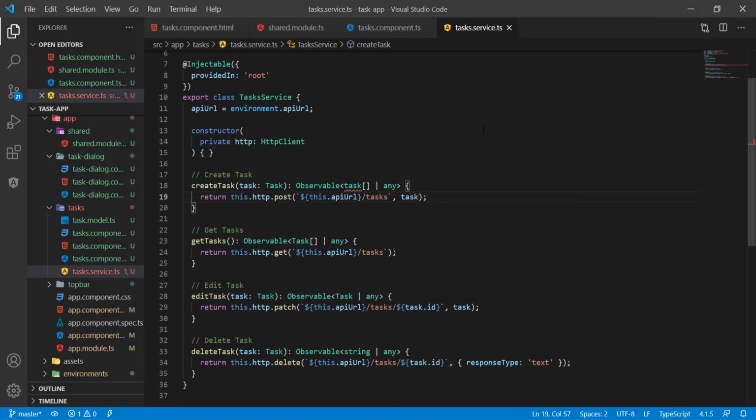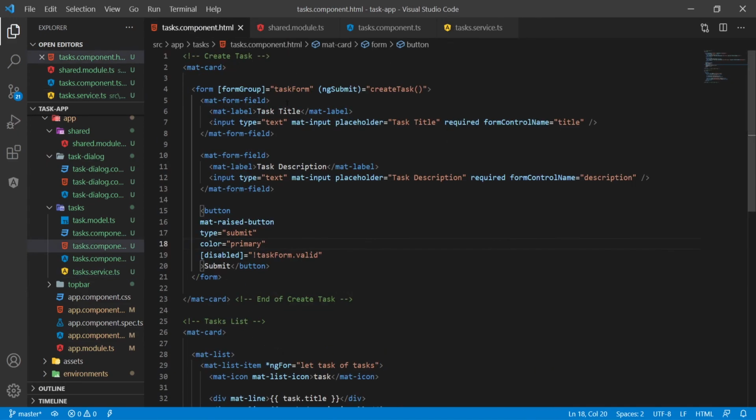And I just found one error here. I mistyped the task itself. I used the small t at the beginning. I should use the capitalized because I am passing the model here. And next to this task go into HTML, and here where we have mat input we use this not properly. This should be mat and then capitalized E or I, and now I will go back to browser,